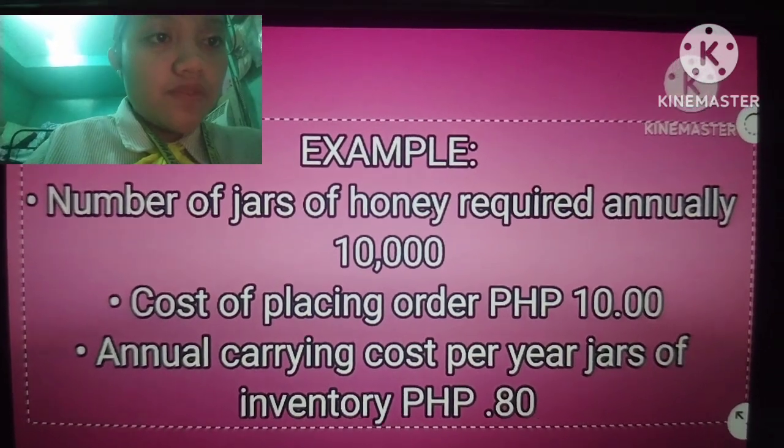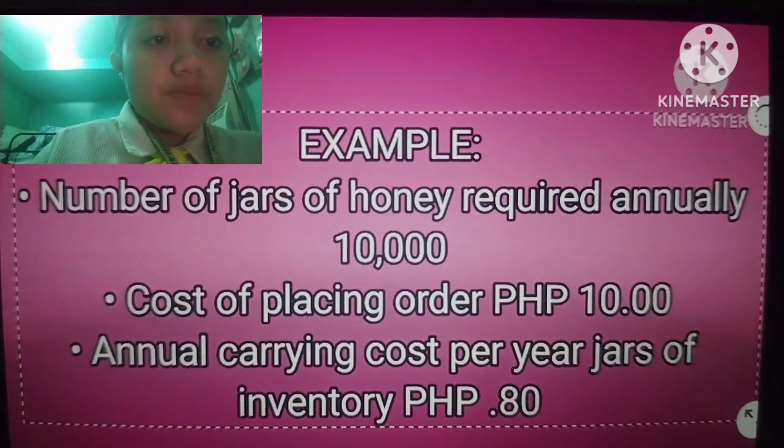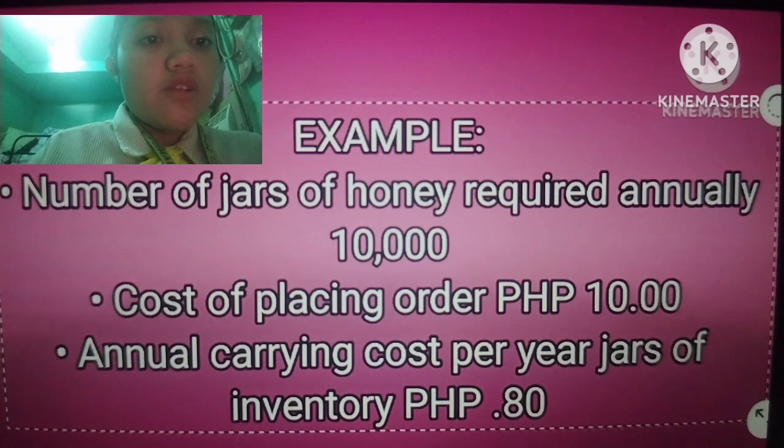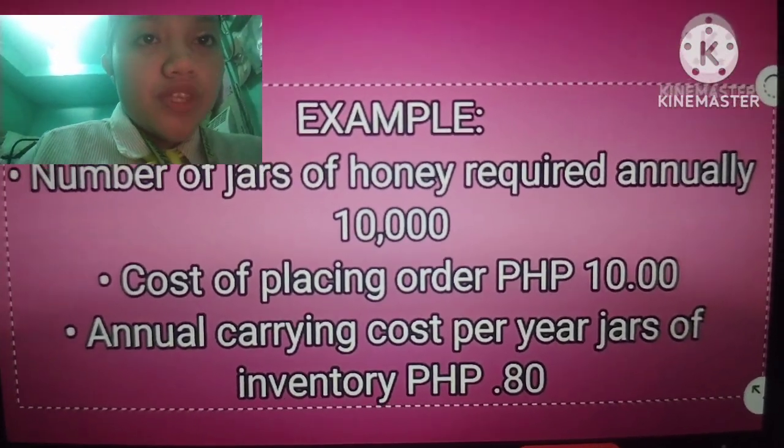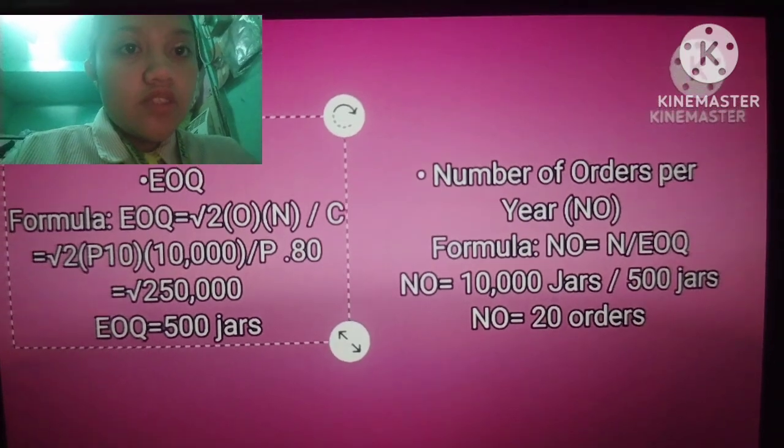Example: number of jars of honey required annually is 10,000, cost of placing an order is 10 pesos, and annual carrying cost per jar of inventory is 0.80. So the solution is